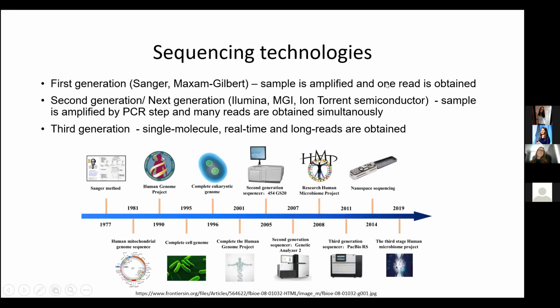Sequencing technologies are continuously improving, and in the literature they are referred to as different generations based on the main technology used. There are several characteristics that characterize each generation. So first generation is the